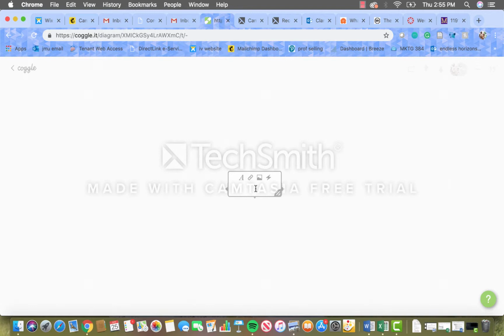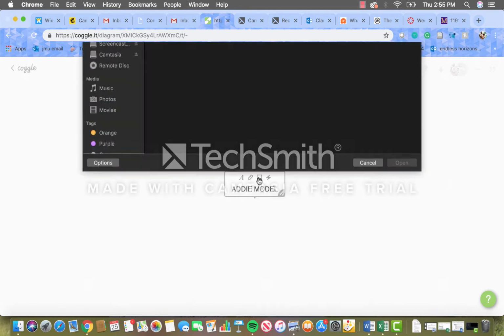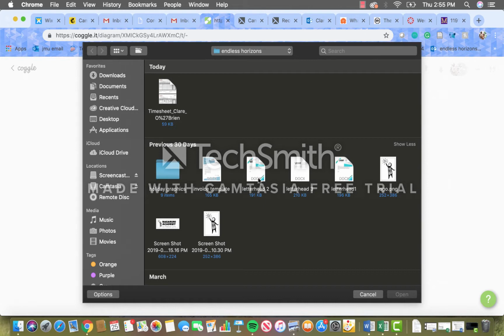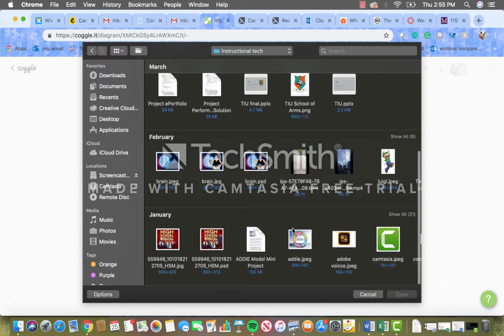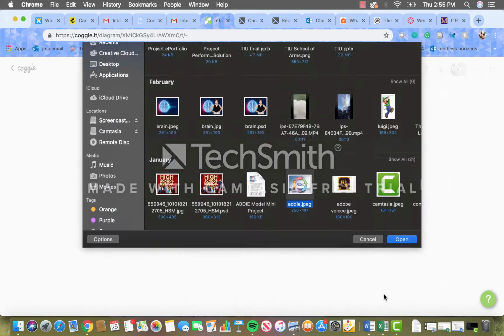So here's where you start it. This is kind of the base of everything. So I'm going to type in here ADDIE model. And then I'm actually going to upload an image. So you can upload images with each branch that you have, and I'm going to go here to where I have an ADDIE model picture saved in my instructional technology folder, and go ahead and click this and click open,